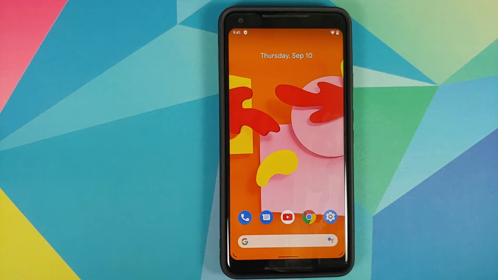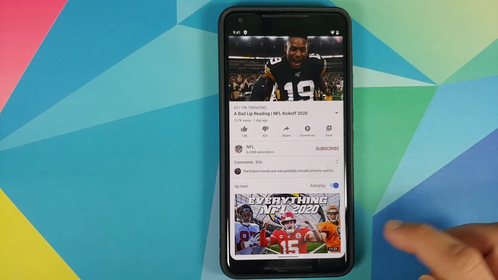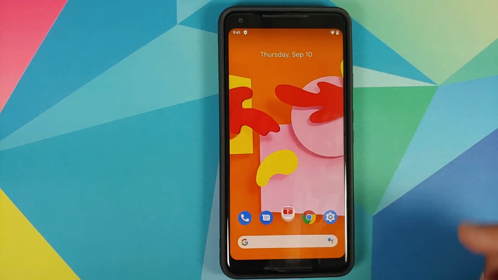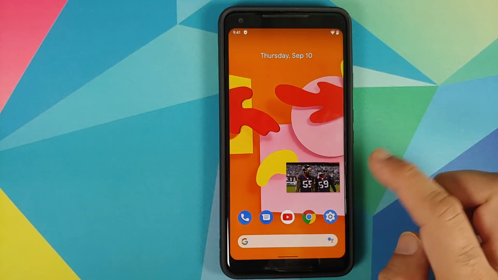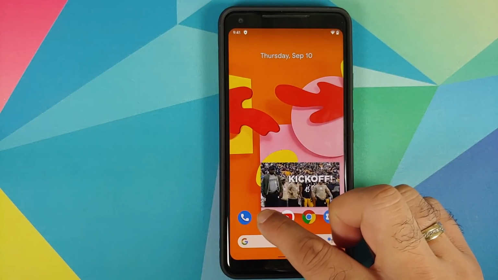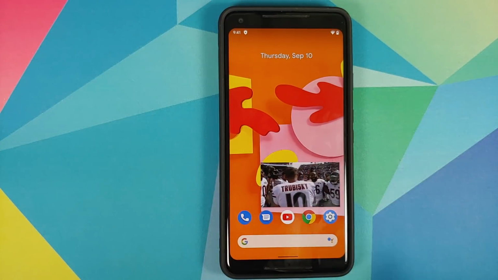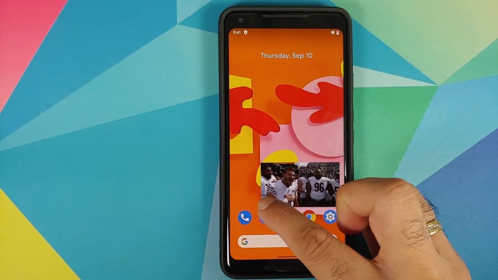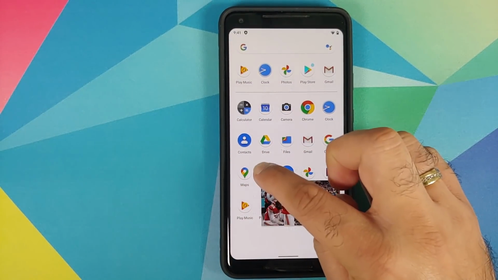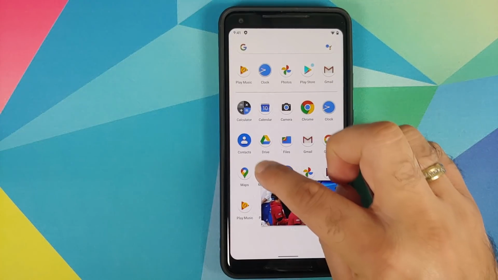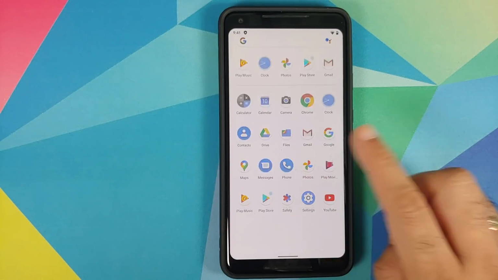Another new change you will find is when you play a video in picture-in-picture mode. So let me open YouTube and let's play this video. Go back, go to the home screen, and as you can see, the video is playing in picture-in-picture mode. If you press and hold on the edges, you can now resize this picture-in-picture window. And this is the maximum size you can get it to, but again, press and hold again, and then you will be able to minimize it. There it is. We did accidentally open our application drawer, but yes, you can now resize your picture-in-picture content with Android 11.